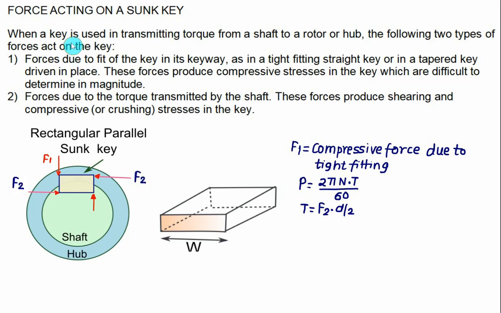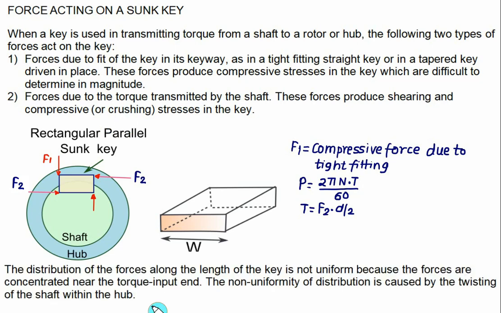So when the key is used in transmitting the torque from the shaft to the rotor or the hub, two types of forces will act. The forces due to the fit of the key in a keyway, as in a tight fitting straight key or in a tapered key driven in a place. This force produces the compressive stress, that is F1, in the key, which is difficult to determine in magnitude. Secondly, the forces due to the torque transmitted by the shaft, that is T is equal to F2 multiplied by D by 2. This force produces the shearing and the compressive stresses, which are also called the crushing stresses